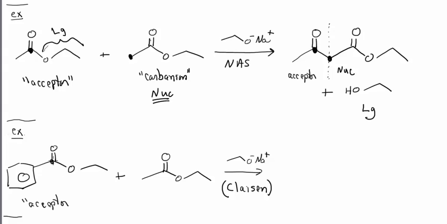Meaning that the nucleophile will add to the carbonyl group, and that part is going to be your leaving group. The ester on the right, we notice that we do have an alpha carbon that has hydrogens. That's going to form your carbanion. That'll be your nucleophile. So again, we put these two dots together. We're going to have NAS, nucleophilic acyl substitution, and the leaving group leaves. And if we carefully draw our product,